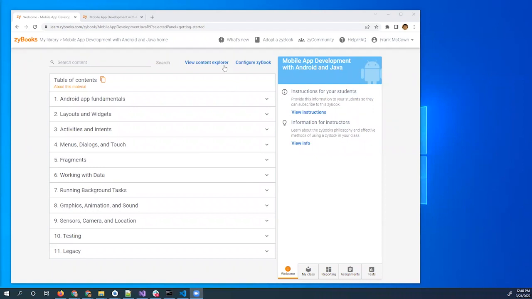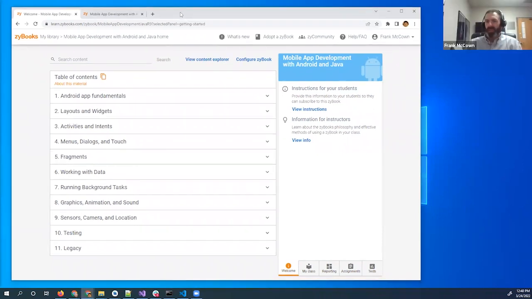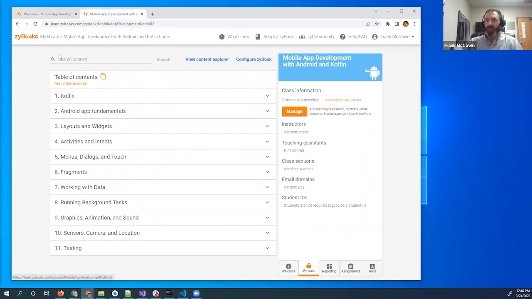Okay. Good to have everyone on the call here. I'm currently sharing my Java book and also the Kotlin book. So I teach computer science at Harding University. I'm out here in Arkansas. It was interesting to see the chat messages and see where all of you are located.